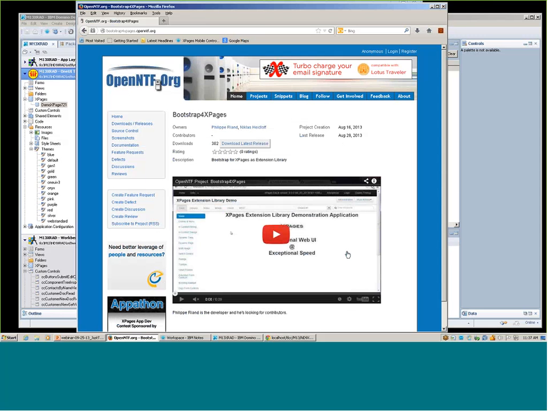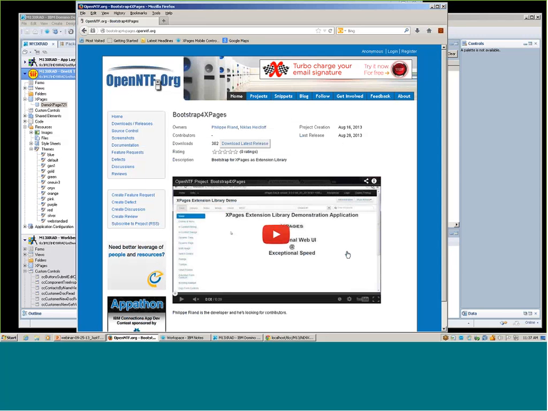The Bootstrap for XPages project is all about making those themes and styles and rendering the various components available to things like the application layout control. And if you watch that video there at OpenNTF, that's what you'll see.